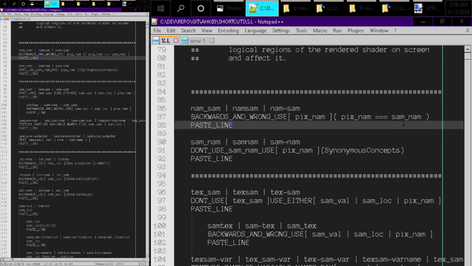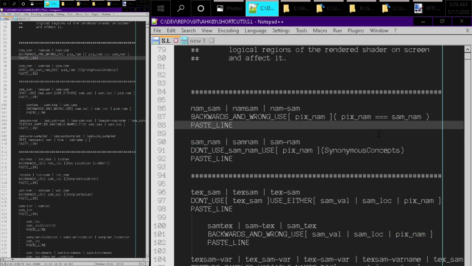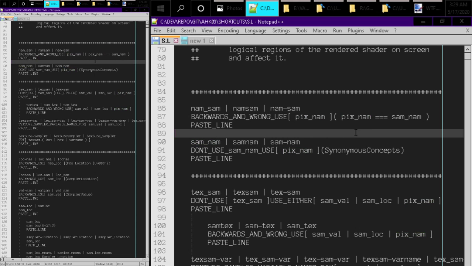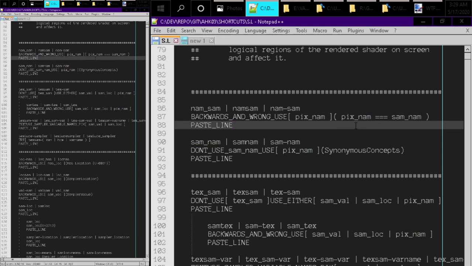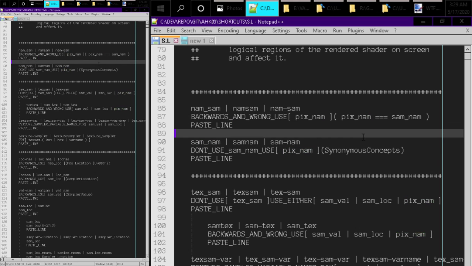Even though in some cases it might conceptually make more sense to call it this, and in some cases it might be conceptually more sensible to use this. So pixel name or sampler name, depending on the context you're using it in, one variable name or the other might make more sense, but in our code we want to decrease the number of variable names used, so we're always going to use pixel name, even when we're referring to the sampler name, because those two names are tightly coupled and they are synonymous. Okay, so now that we've addressed that,